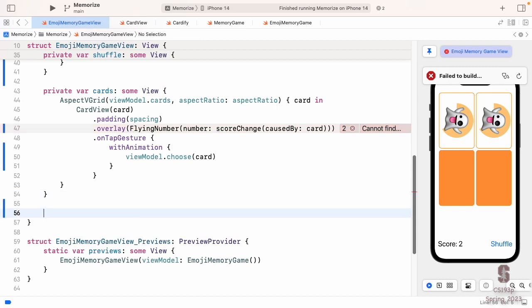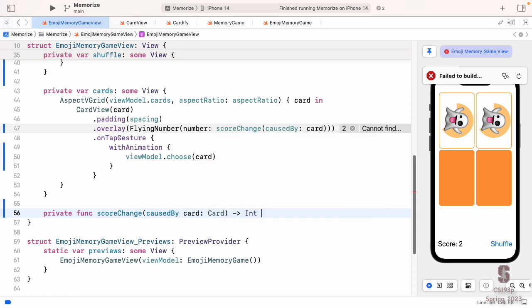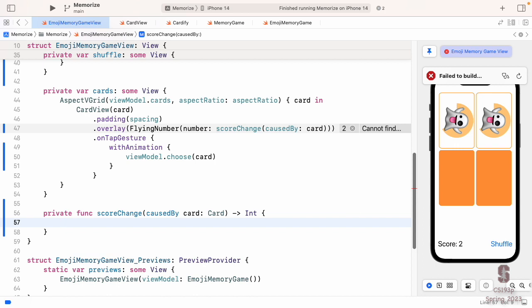Let's go down here and say private func scoreChange(causedBy card). It's going to return some Int because my scoring is integers. Now, I can't say card here because what's that type? MemoryGame<String>.Card.